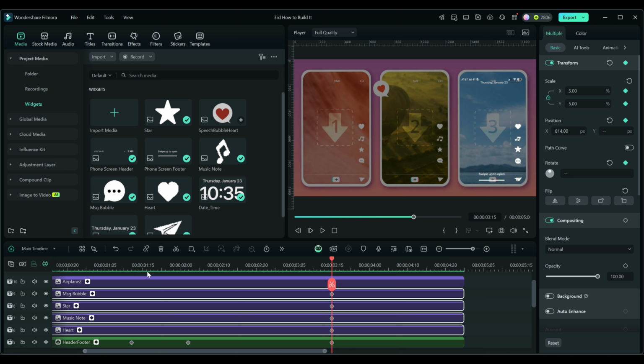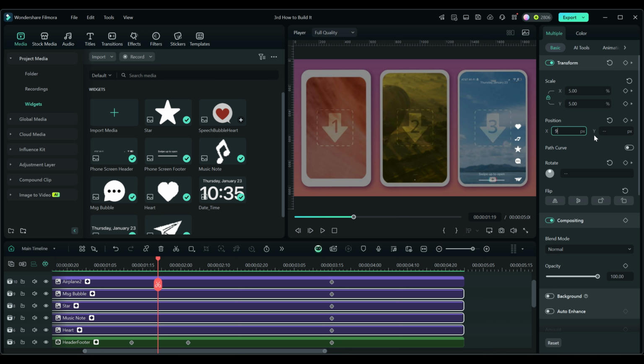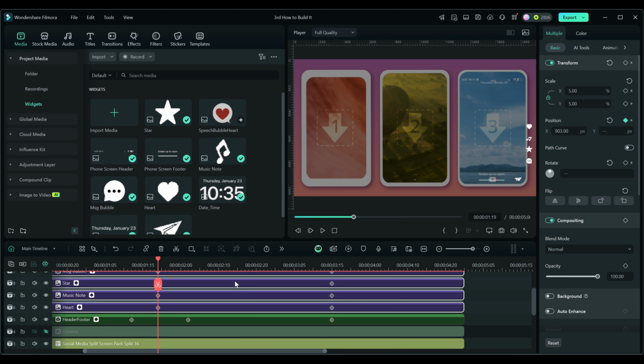So this is 115, this is 120. This little hash mark right here is 119. And that's just before they come on the screen. And that value should be 903. And that's just off the mark there. And what we can do is we can turn on our screens down here and just verify that they're just outside. Now we didn't do the plane yet, so we'll do that next and move it out,